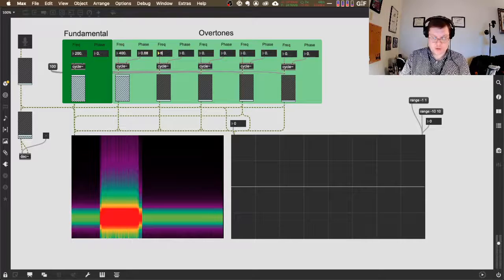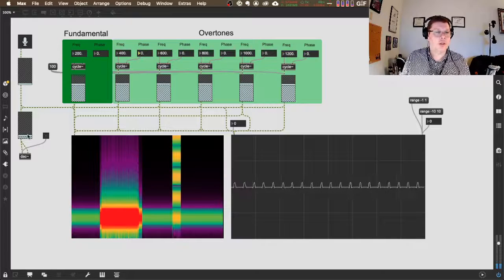So the other thing that we can do is, let's make some octaves. So 200, 400, 600, 800, 1000, 1200. I can set all of the volumes to be the same. Let me put this back in phase. So turn the sound on, and we get